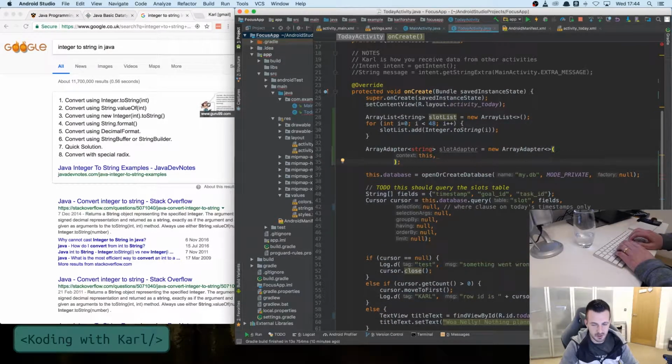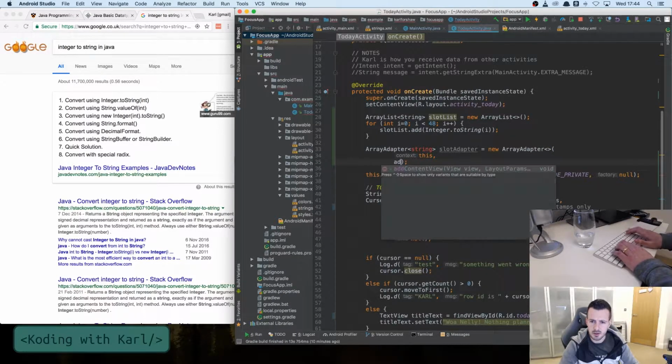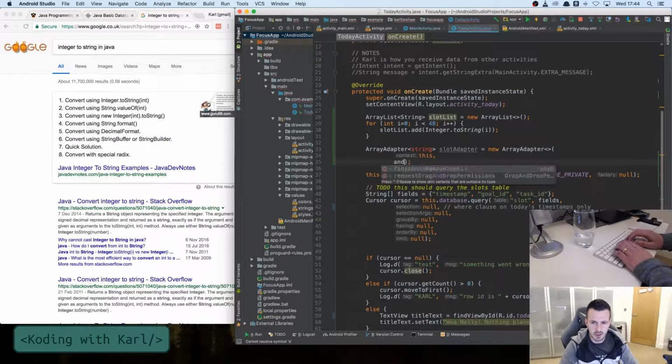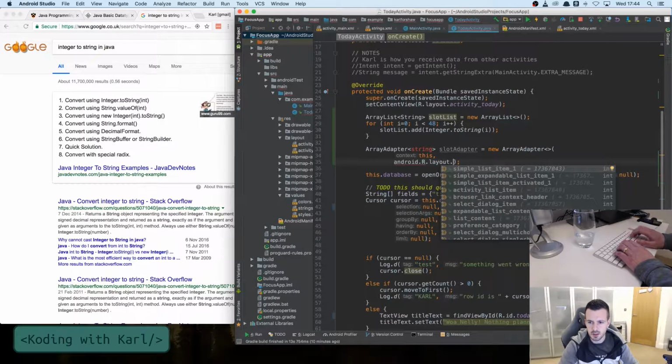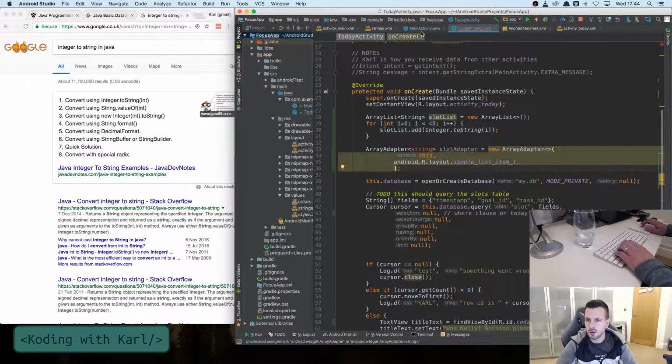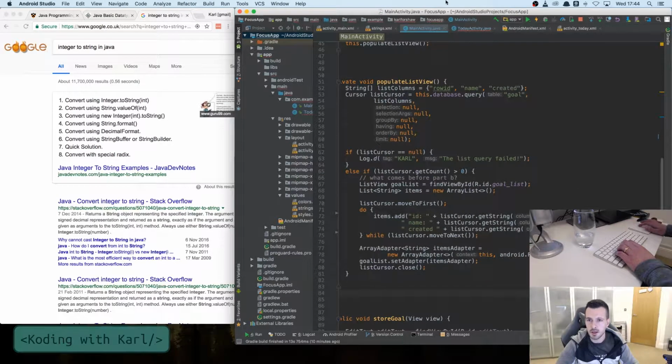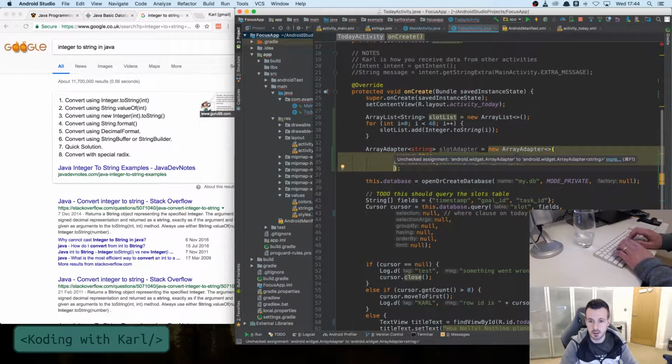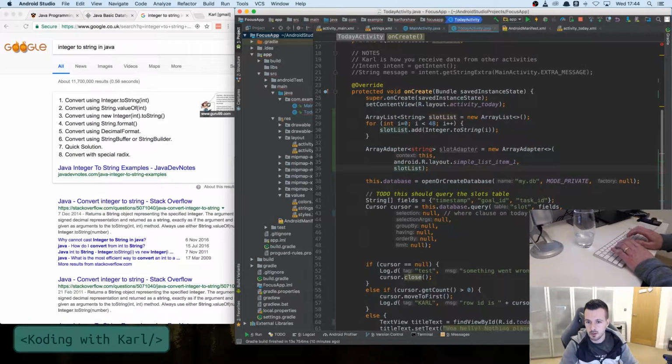and I'm going to, fine, Android Studio will do it your way, and I believe it's android.R.layout.simple_list_item1. And what was the third parameter? I cannot recall. The list, which would be slot list. Okay, and then of course we need to